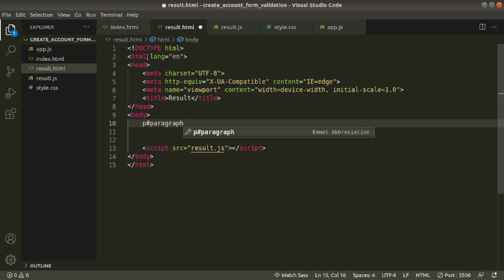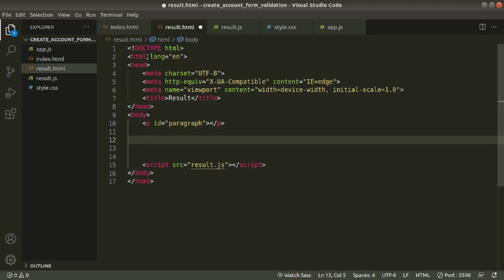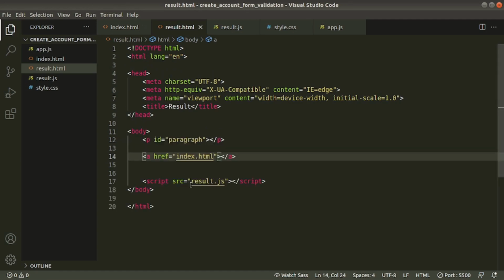We'll write all query string values inside this paragraph. Later, a link to go back to index.html page. Save this one, and we added result.js.